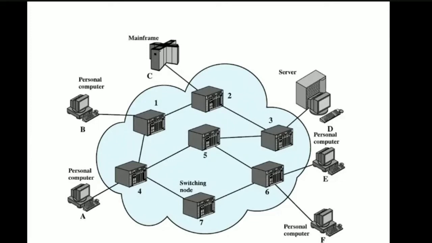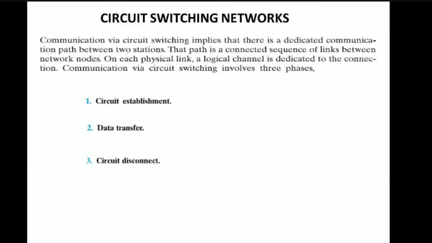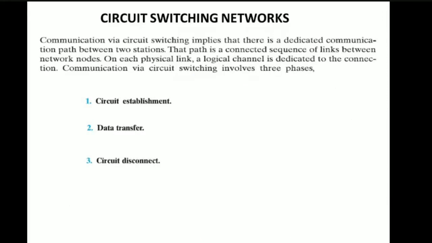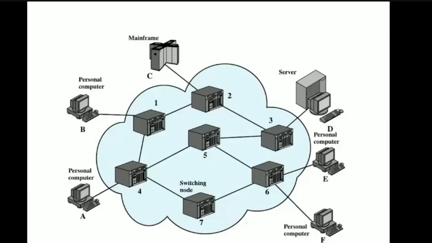So this is how circuit establishment, the first phase in a circuit switching network, happens while transferring data. Now what is the second phase? Data transfer. As the circuit has been successfully established, the data transfer takes place. Data can now be transmitted from station A to station E within the switching network. The transmission may be either analog or digital, depending upon the network.